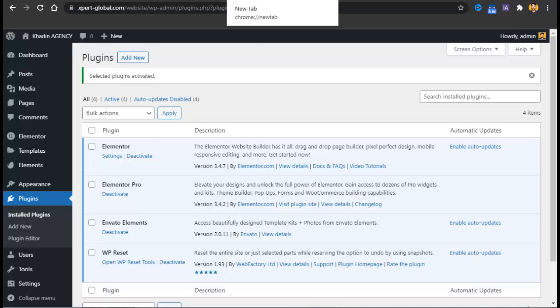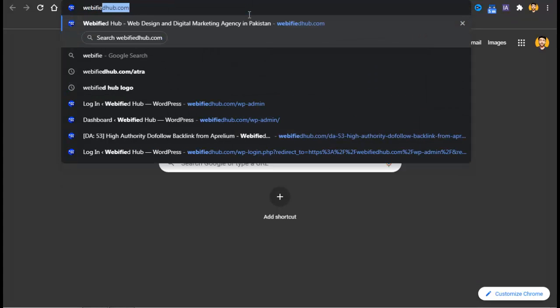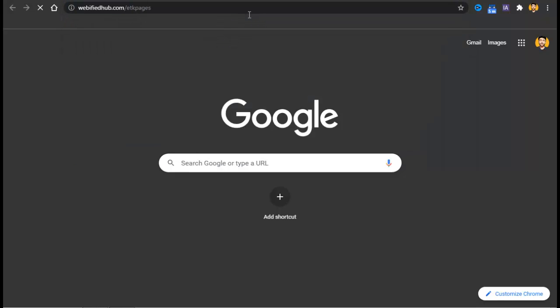Now it's time to create pages, but to save your time, I have already created those pages, and you can just download them and import these web pages to your website. To do that, you just have to go to webifiedhub.com/etk-pages, and the link to that is also in the description below. You just have to download this file from Google Drive, which is